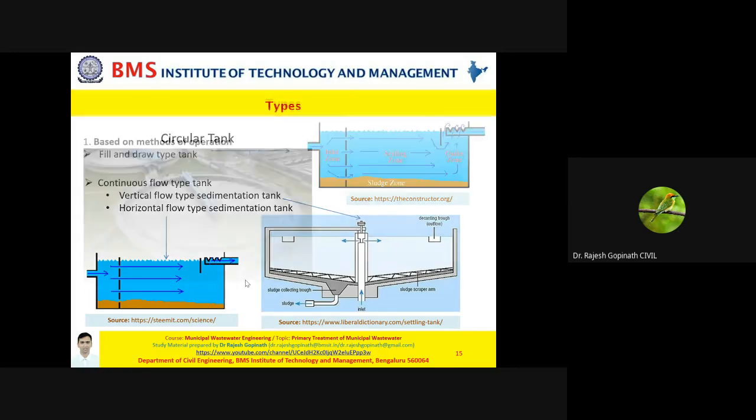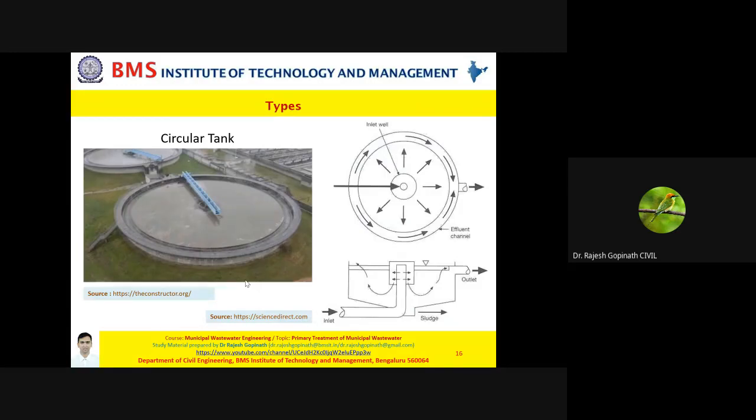Now, when it comes to your circular sedimentation tank, as I told you, here the influent is sent through the central pipe and the radial flow continues. But what we need to understand is, these circular tanks, though they occupy lesser space than rectangular tanks and also have a high clarification efficiency, are, however, uneconomical.